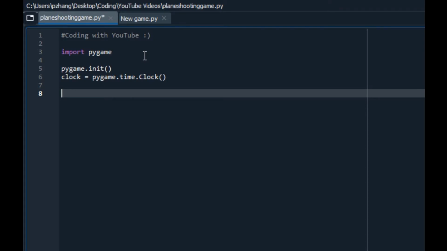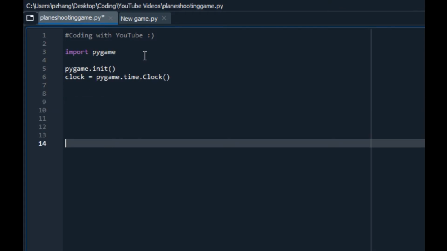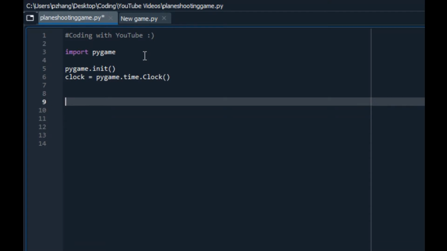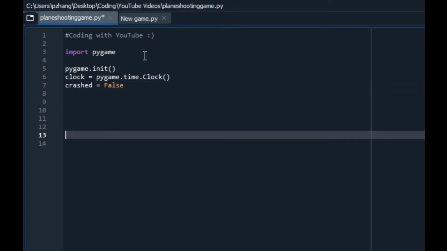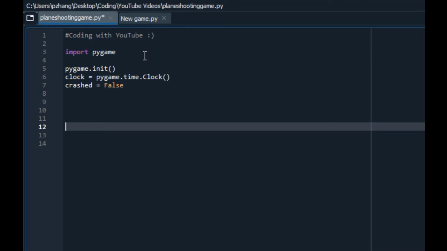So after you add those two, you can start off by typing in crashed. This is a very important variable. Crashed equals false, and you want to make it a boolean, as in true or false. This is important because it tells us if we should keep the game running. So for example, I type in while crashed